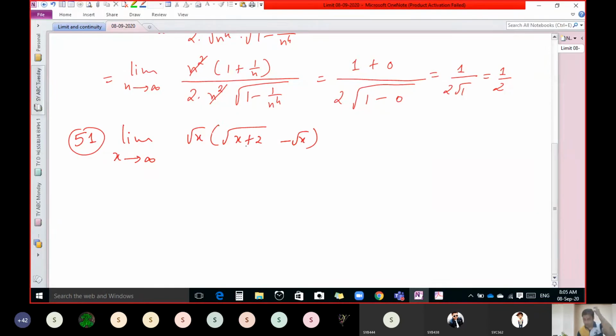Now this is one special example. Why is it a special example? Whenever there is an infinity and the denominator is not given, then obviously the answer is infinity. But listen, if there is a root sign, then you have to write this example like this. First, because of this root sign, you can simplify this. How to simplify? Let us assume 1 in the denominator. Now do you know how to simplify?